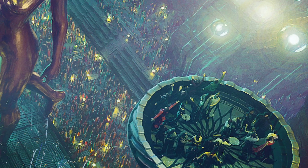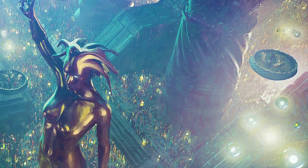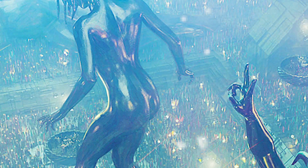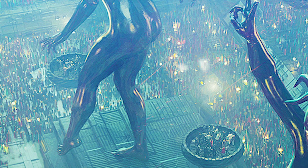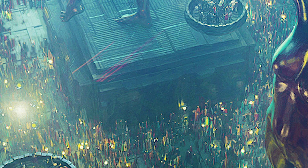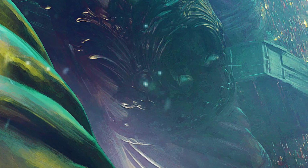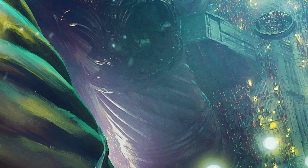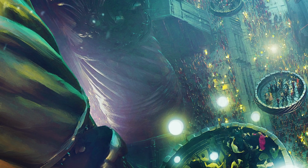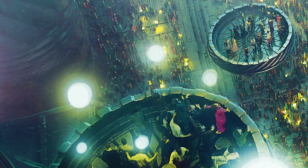This feeling of carnival and celebration is created through the use of vibrant lighting and its reflection on both the giants and their environments. While the crowds help to accentuate this feeling of celebration, it feels as though they're mostly there to give a sense of scale to these incredible bronze beings. There's also an interesting dichotomy of ancient-looking architecture and obviously futuristic circular platforms that hover above the event and give